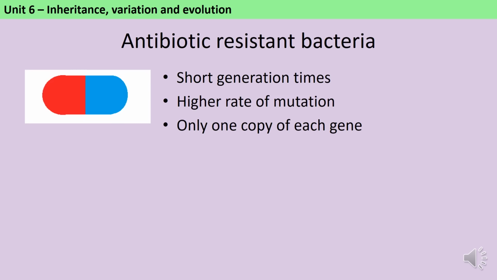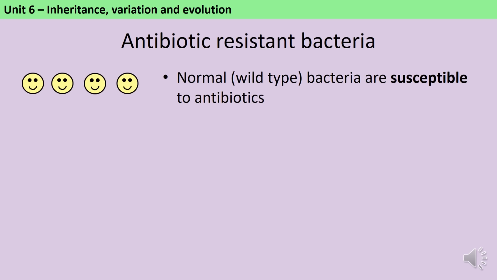Another really good example of evolution by natural selection is the evolution of antibiotic-resistant bacteria. Bacteria are able to evolve faster because they have short generation times and a higher rate of mutation, and additionally because they only have one copy of each gene, any mutation is much more likely to affect their phenotype. Antibiotics are molecules made by fungi or synthetically in a lab which can be used as drugs to kill bacteria,